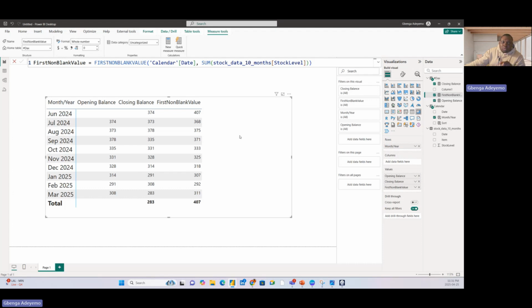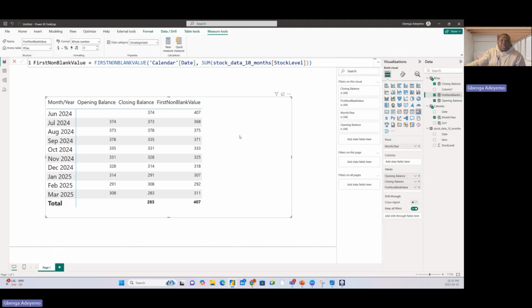So it's going to go to that data and look for the first date that has a stock value and return the stock value of the first date that has the stock value in that month. I hope I'm not confusing you guys with my explanation, but that's like the simplest way I can